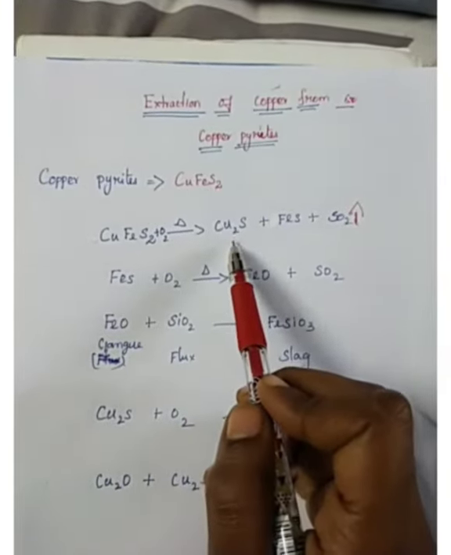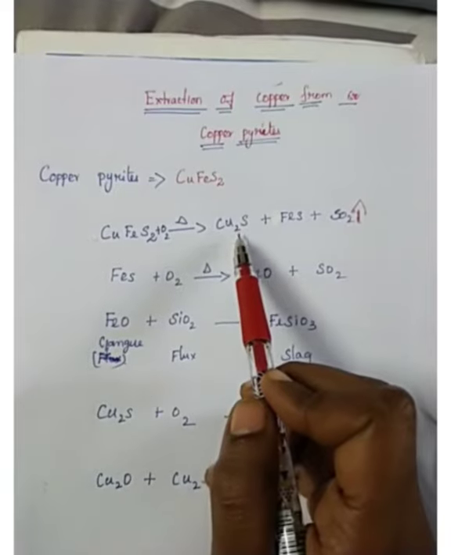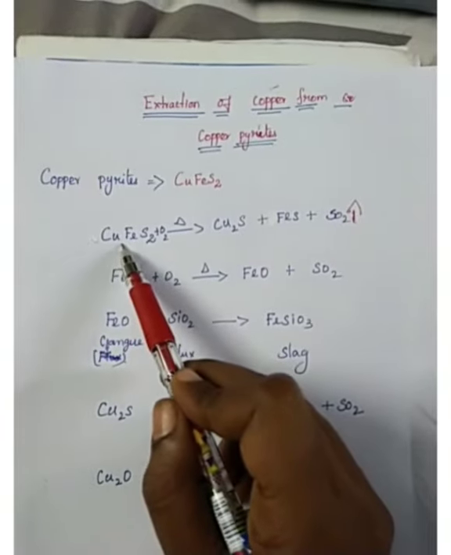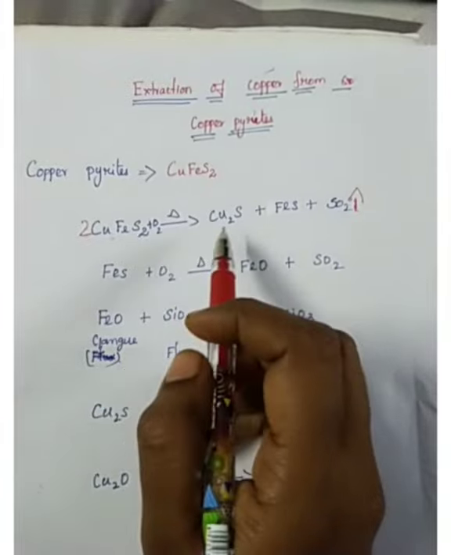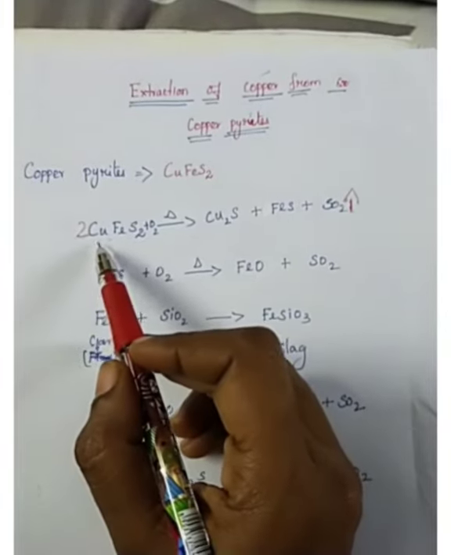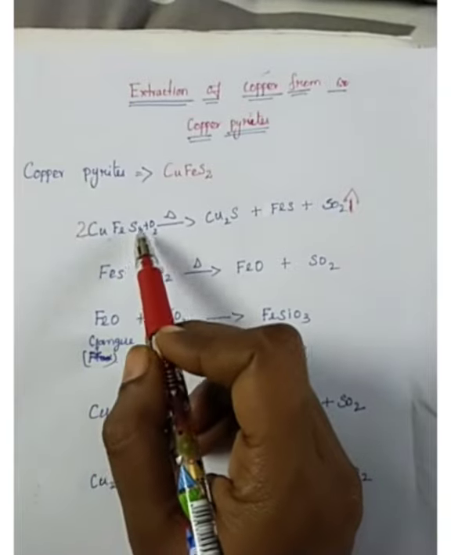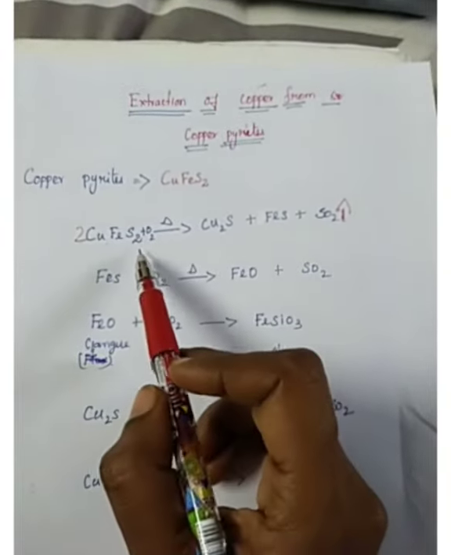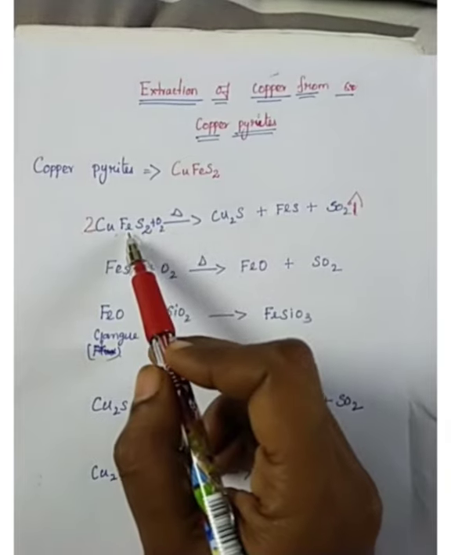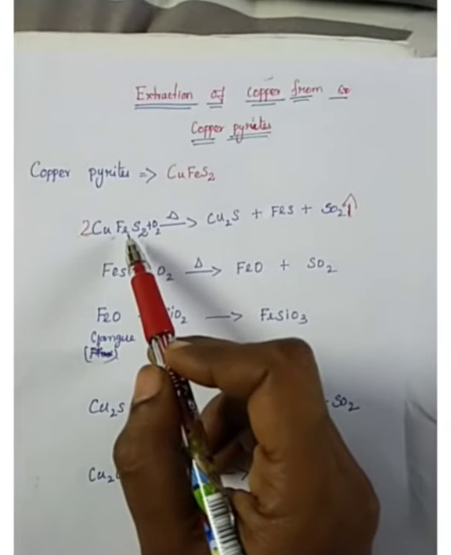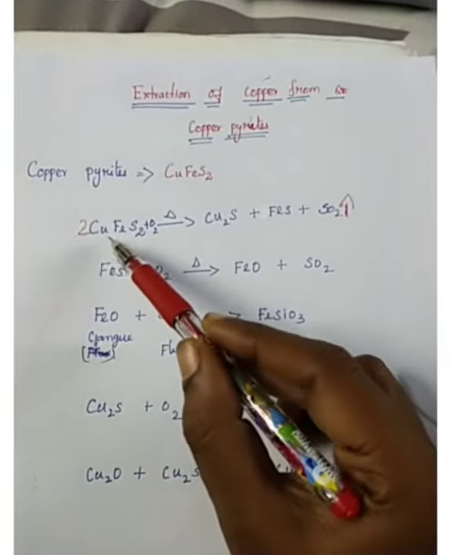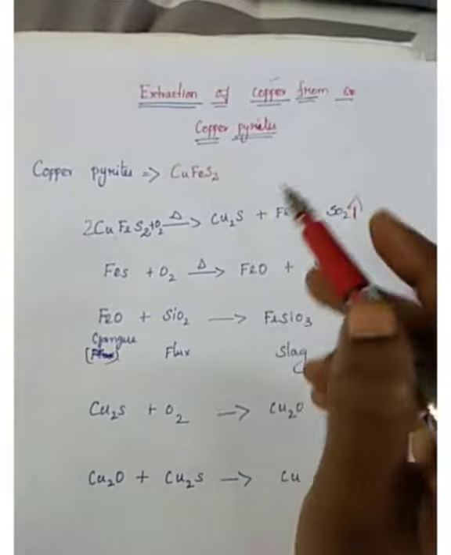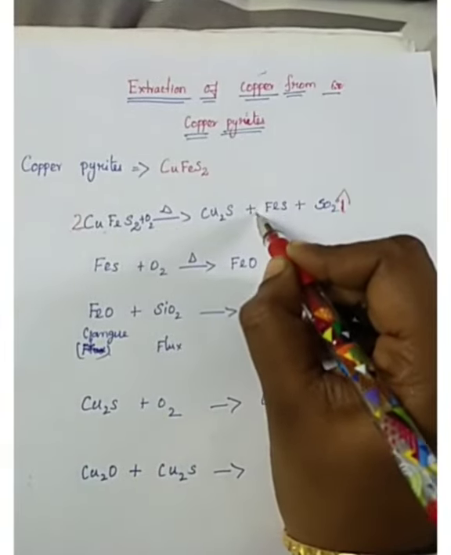On the right hand side you see that copper is present as 2, but on the left hand side 1. So we are going to give 2 in front of copper. By equalizing the copper on both sides, other element values change, so we have to concentrate on the other elements. Next element: Fe is present on the right side in FeS. How much Fe is present on the left side? 2. So on the right hand side also we are going to give 2.